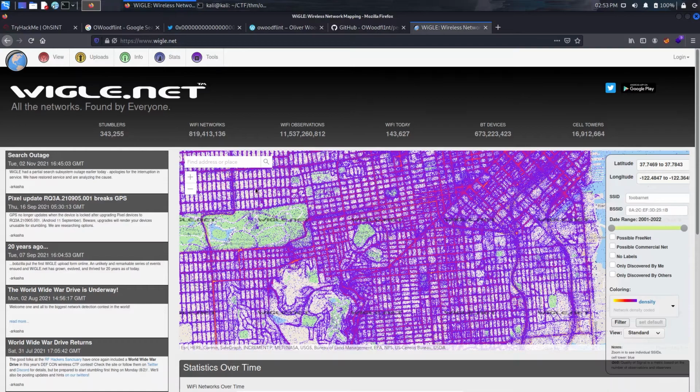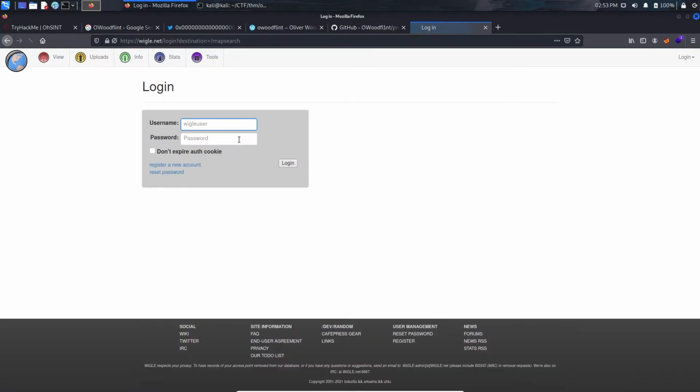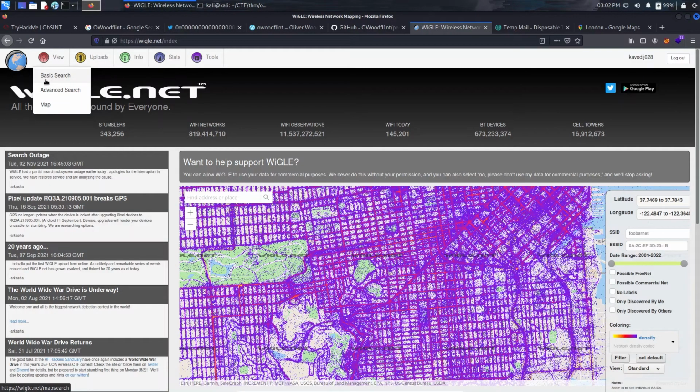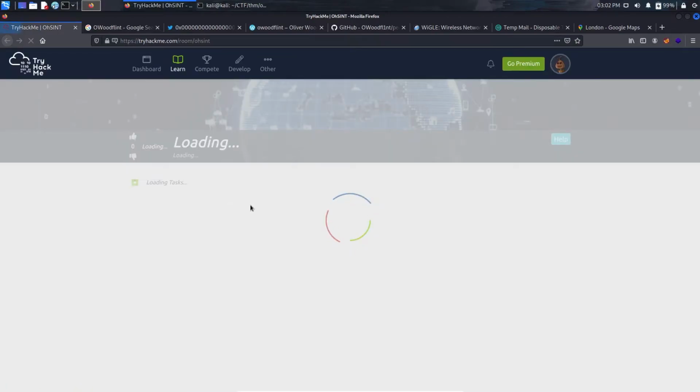It contains the details about every BSSID found around the globe. You can just go for the search. We will go to view and basic search. It will show a highlighted text or circle on London. So that will be our solution.